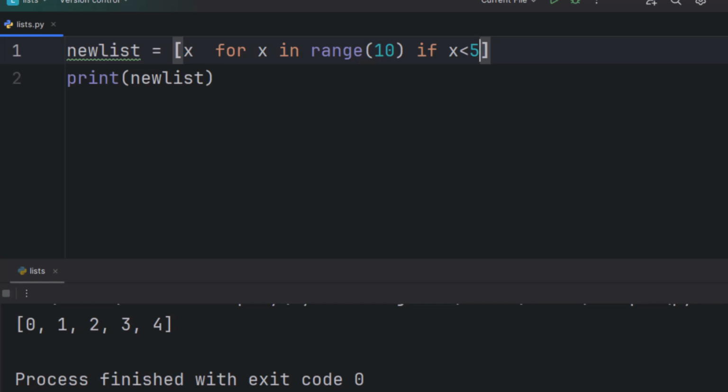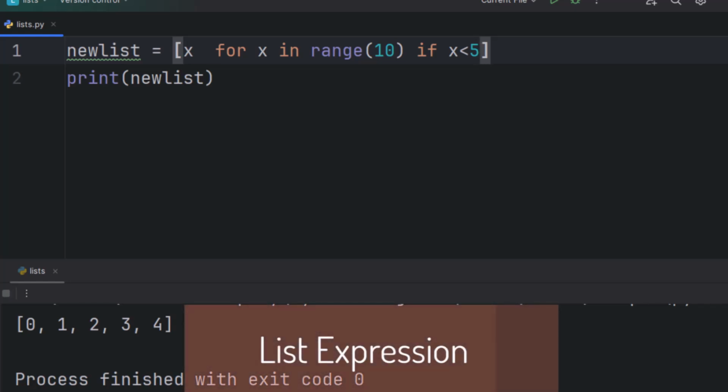So let's talk about the expression. The expression is the current item in the iteration, but it's also the outcome, which you can manipulate before it ends up like a list item in the new list. So let's do this expression. In an expression, we will have to change a little bit of things. Let me just move this, and I can say x.upper()